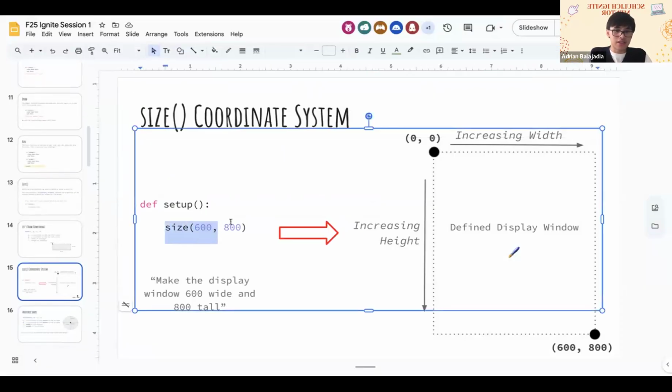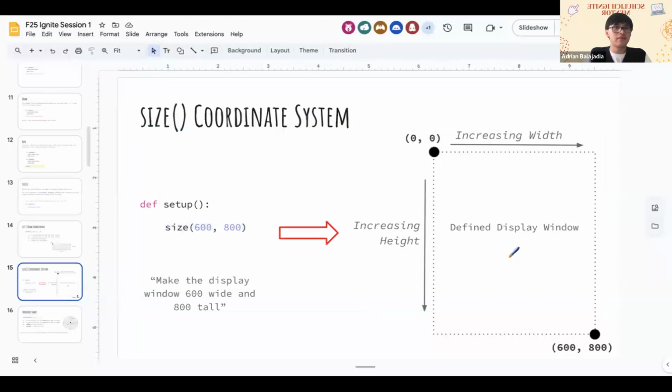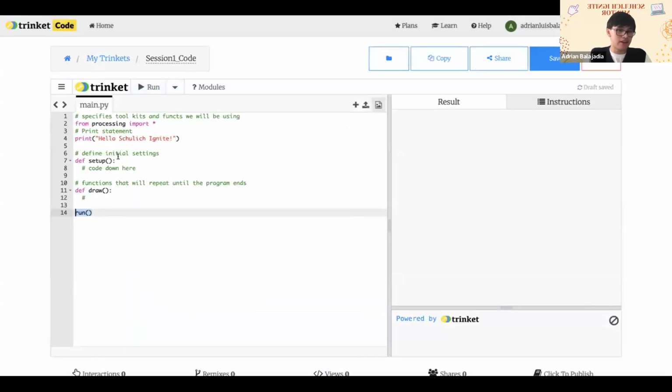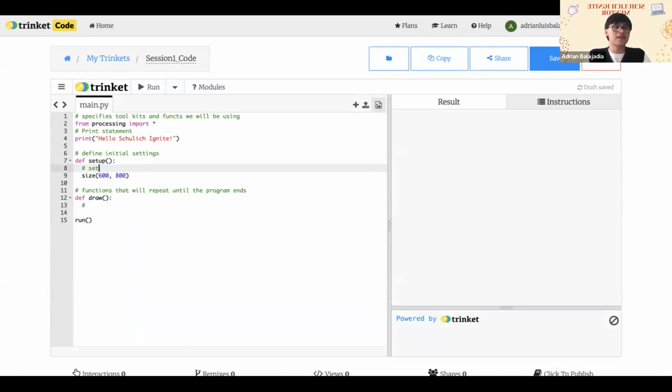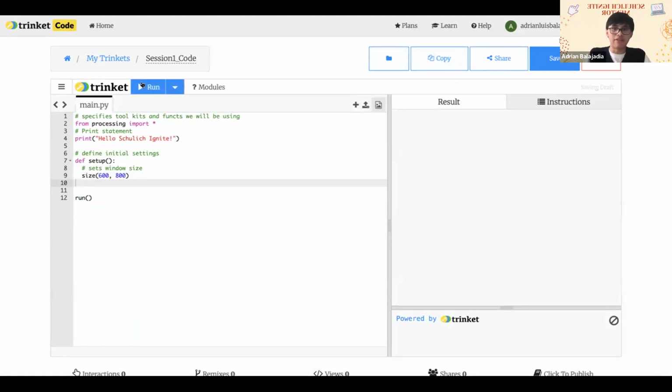So let's actually specify this size. Let's go back right here. Let's copy that down there. And then I'll say set window size. And it's like 600 pixels by 800 pixels, something like that. And I'm gonna remove this draw function because that will cause an error. But if you do that,